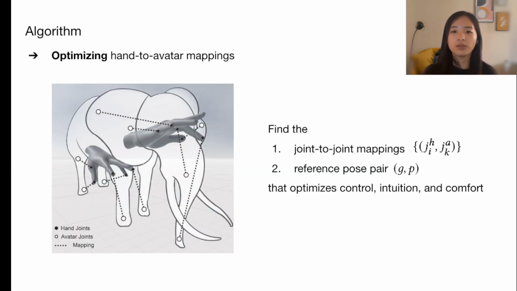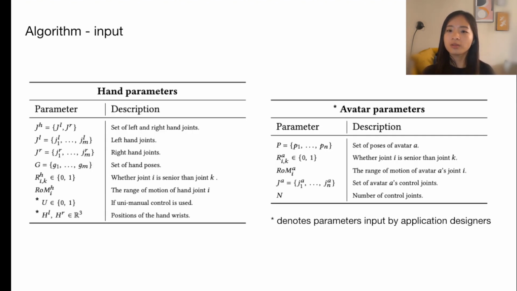To reiterate, the goal of the algorithm is to find 1. The hand joint to avatar joint mappings, and 2. A reference pose pair, which together would enable users to control an avatar in real time. Based on the results of the observation study, the algorithm aims to find a mapping that optimizes control, intuition, and comfort. The algorithm takes hand anatomy and biomechanics as prior knowledge, which specifies the hierarchy of the hand joints and